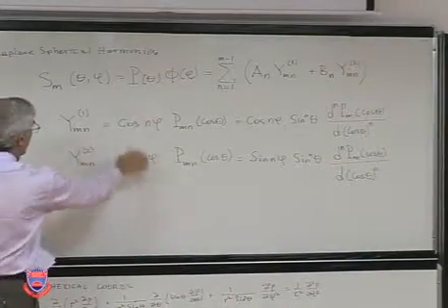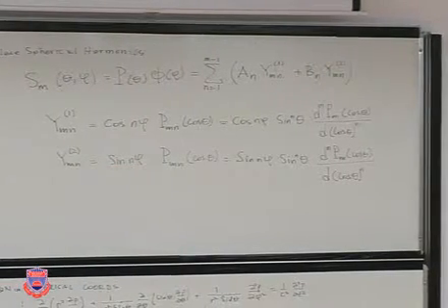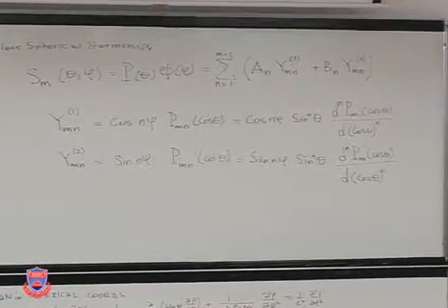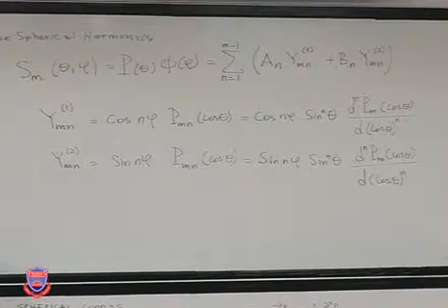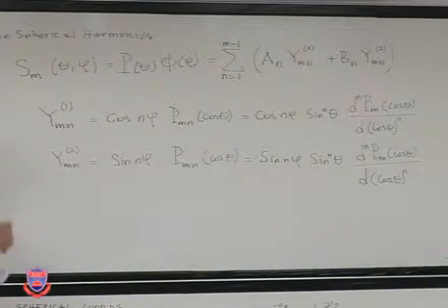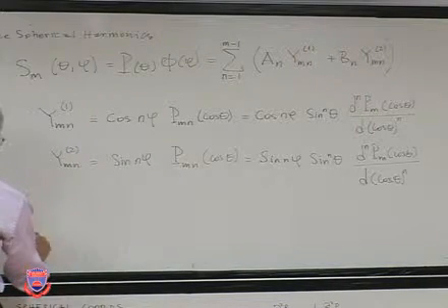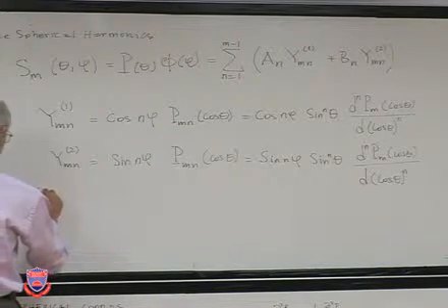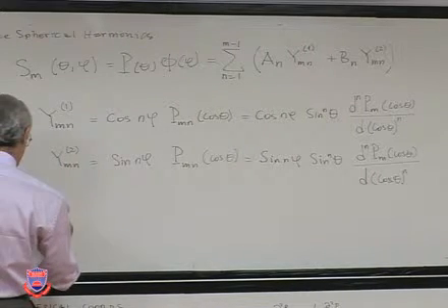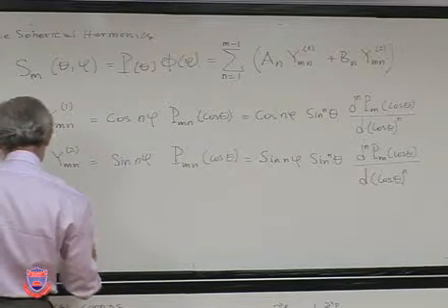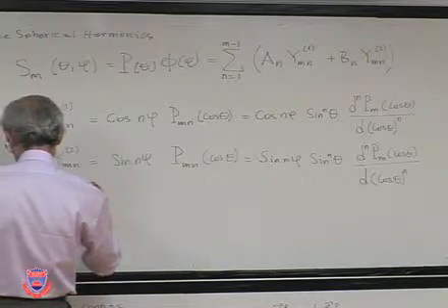The difference between them is sine and cosine. Now, again, we have the properties. If you take an integral 0 to 2 pi of phi and 0 to pi of theta,